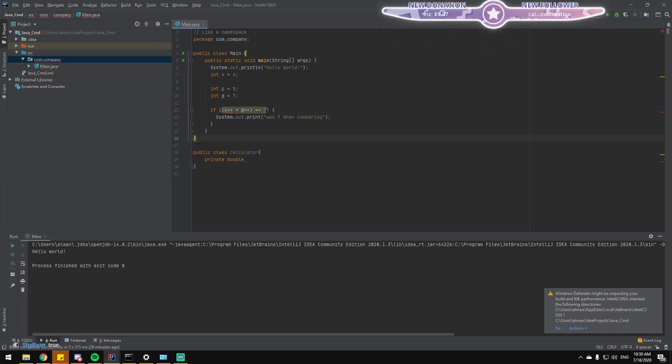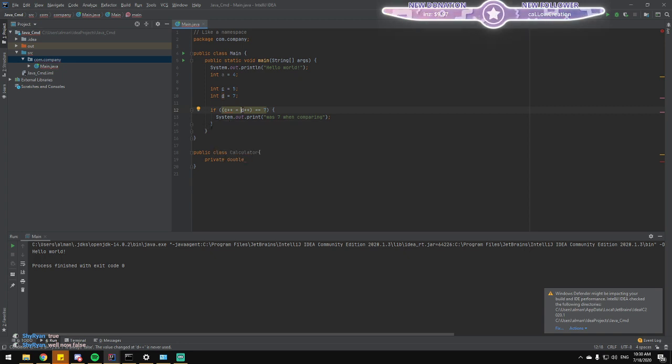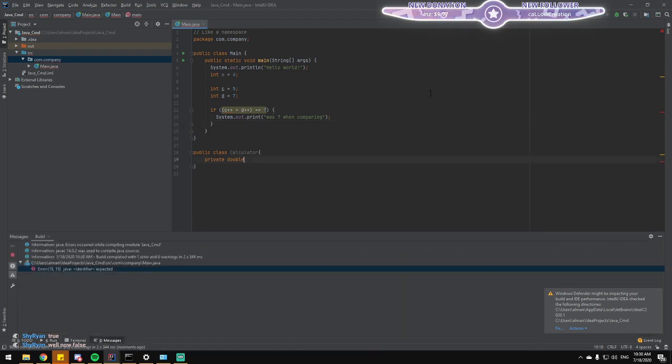I think this will be true. Because if I added plus, no, I think this will be true, because if I add plus at the start, I think it will then be 8. Let's see.